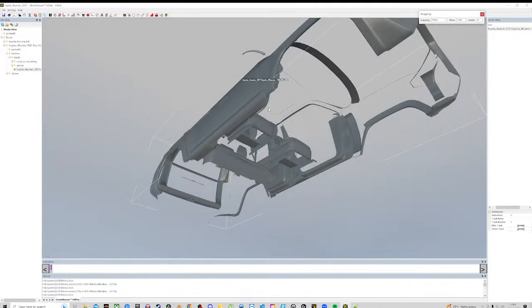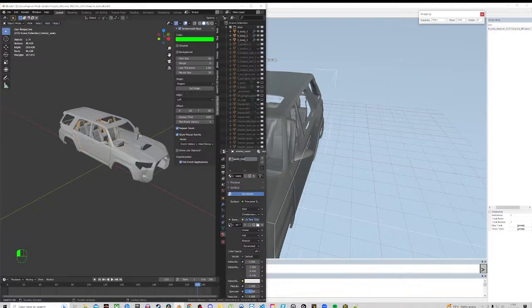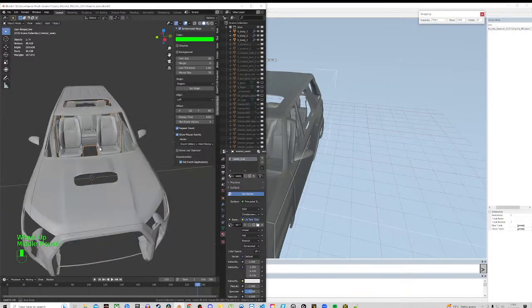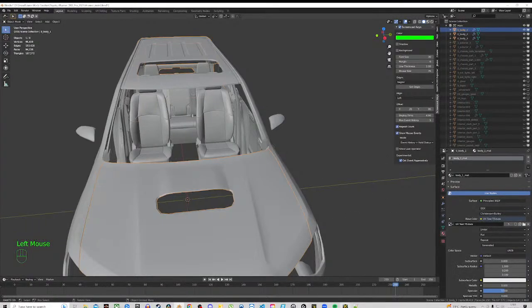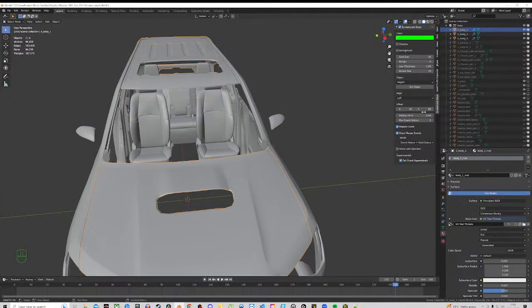This is getting the mesh into the game. If it can't be loaded in this editor, it means the polygon count is too high. Now remember, in Blender we had a mirror on our seats. We had a mirror on our body. The reason why you get the whole mesh in the editor is because when we export in Blender, if I go to export again,